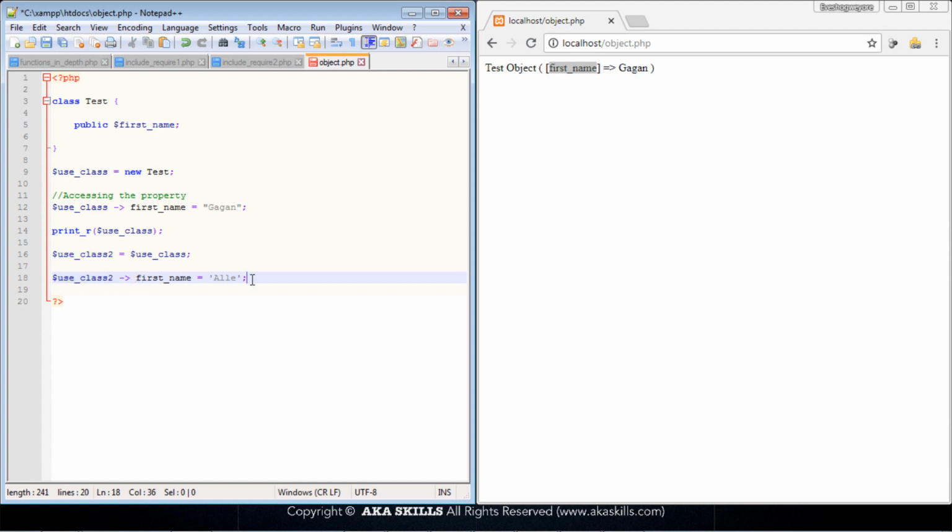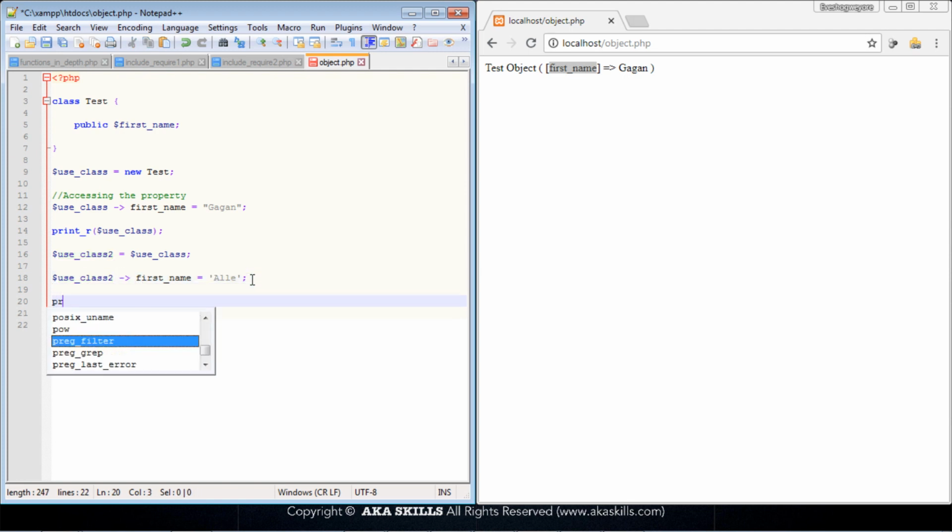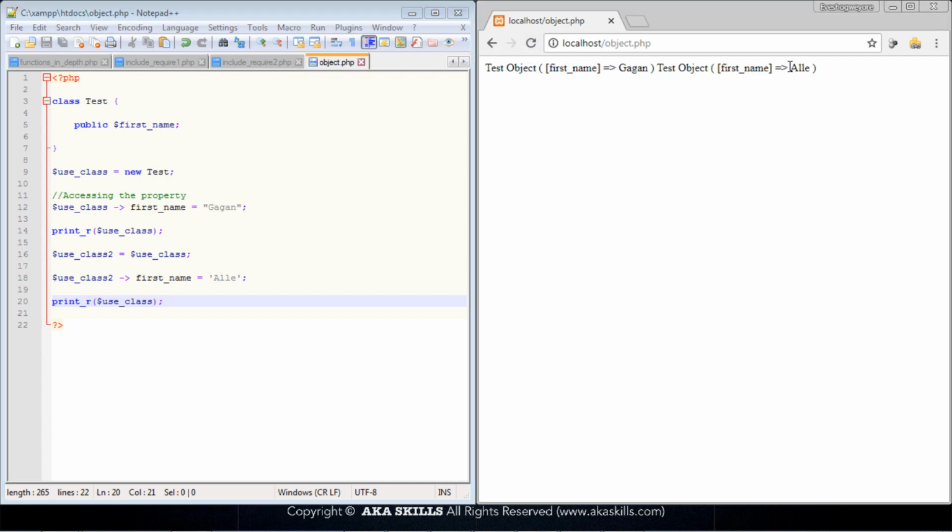But notice what happens when we now print the result for the object we already had initially. I still want to print_r for useClass itself, not useClass2, the former object we had. If I save this and refresh, you notice that the value for first name